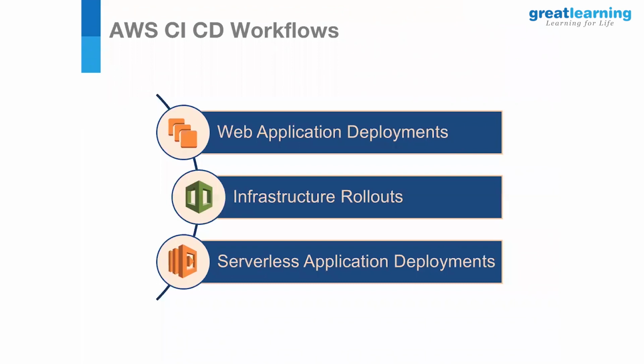So let me move on. If you have any questions, feel free to stop me, not a problem. Having seen the overview, let's move on to the central theme of today's talk. We'll take a closer look at three most important streams where AWS CI/CD is essential, and we constructed three workflows around them, namely web application deployment, infrastructure rollout coupled with web application deployment, and serverless application deployment. First, we will see the web application deployment workflow.